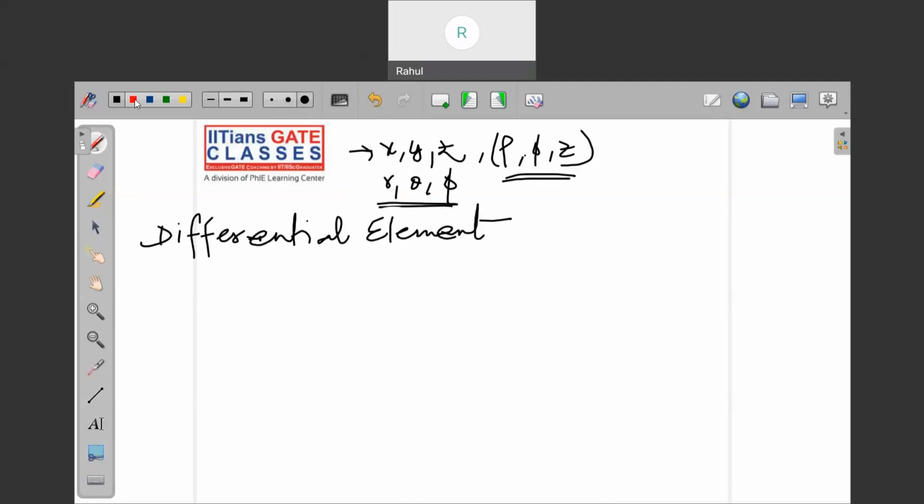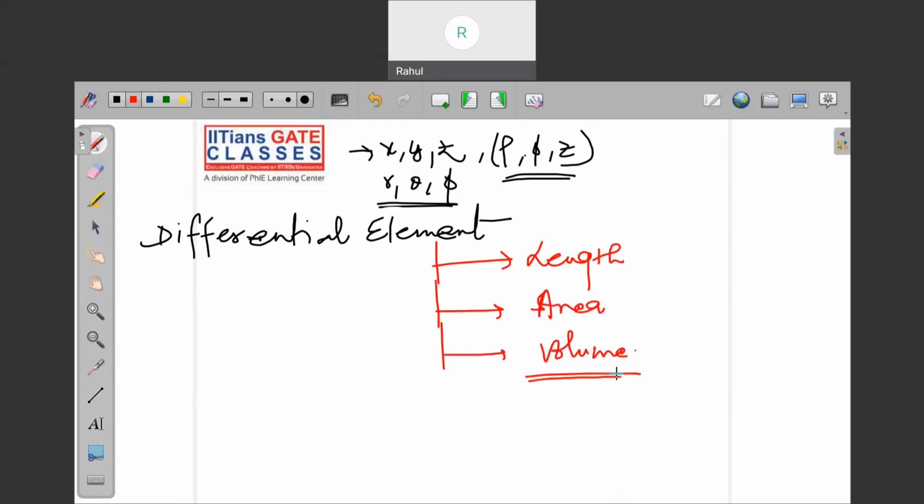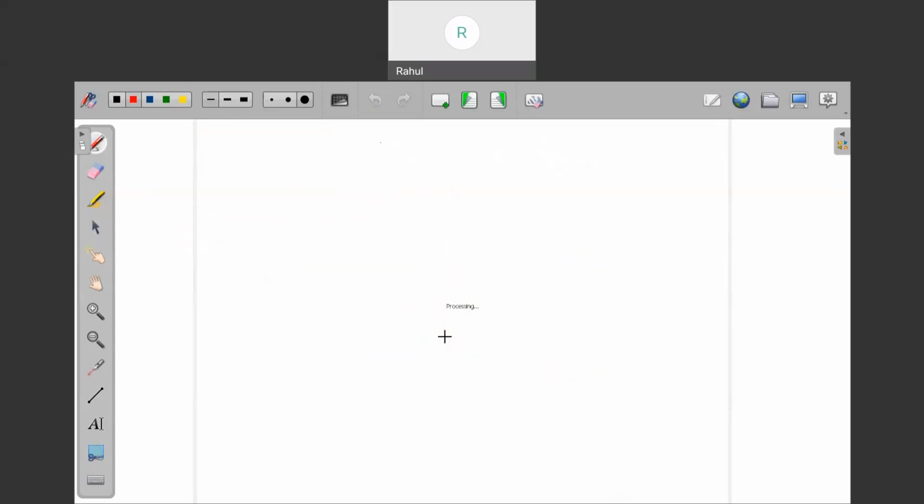Okay. So what are the differentials we are going to talk about? We will talk about differential length. We will talk about differential surface, or area, you can say. And we will talk about differential volume. If somewhere a triple integral is present, then you need to consider the volume of that, right? So differential elements: you have to add here differential length, differential area, and differential volume. In case of the Cartesian coordinate system,